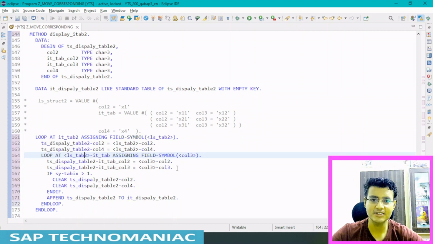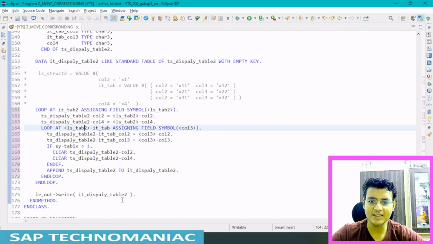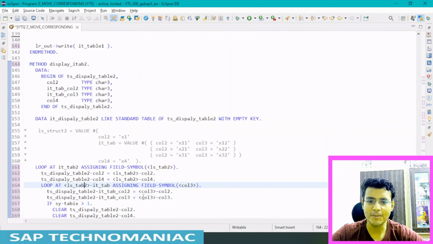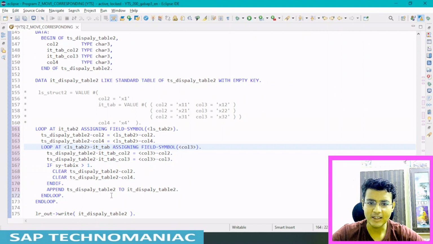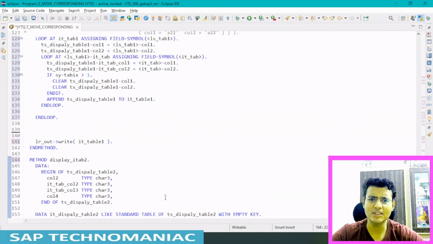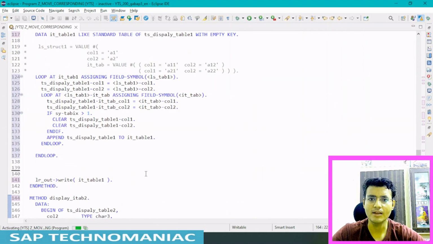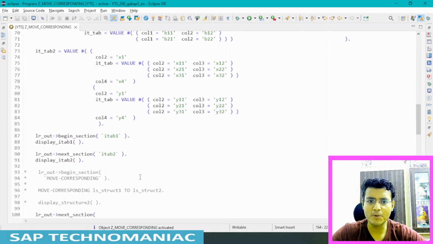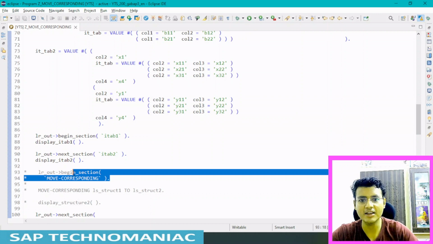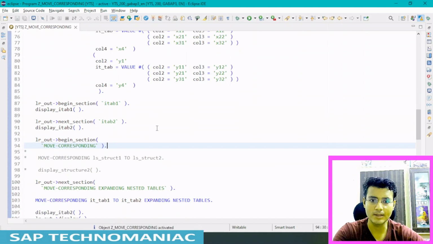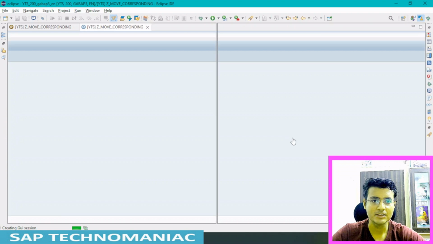Shift F1. Something else we have to do. I think IT display table 2, that is fine. IT table 1, append table 1 now. Okay, display IT display table 2. This is also table 2, table 1. Control F3. So here what we are doing, we have to use move corresponding with the table. Now we will do move corresponding, that is correct. Control shift greater than. Let me see the table first, how it will look. Control F3 and check how these tables look. F8, open parallelly.